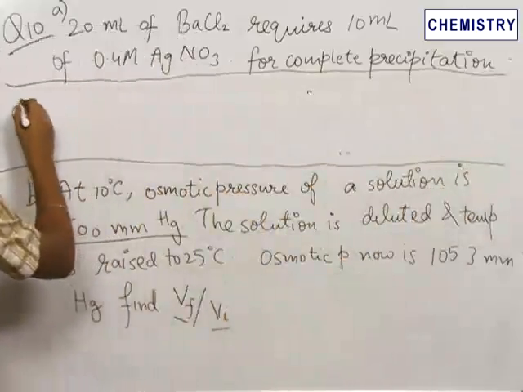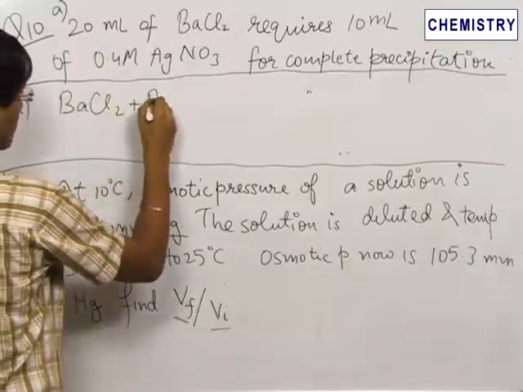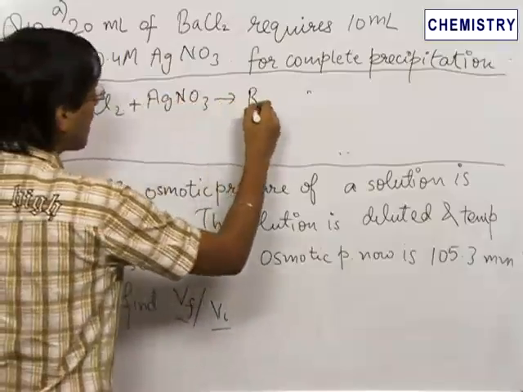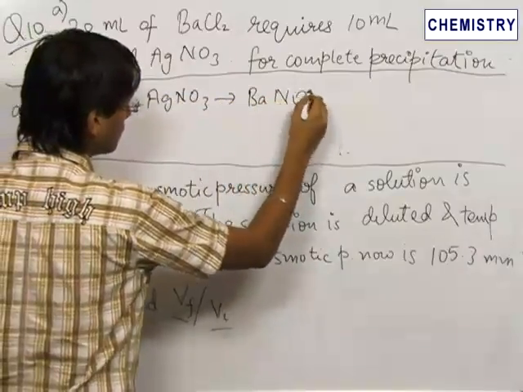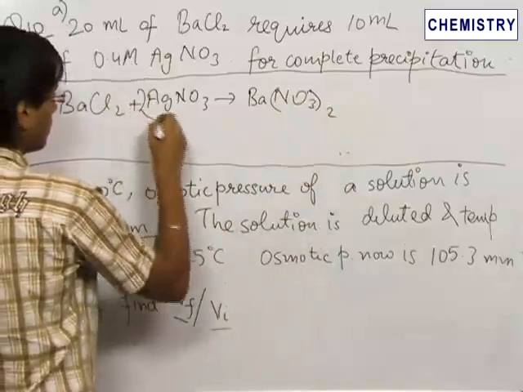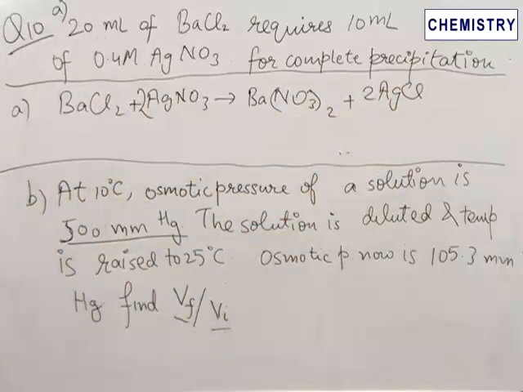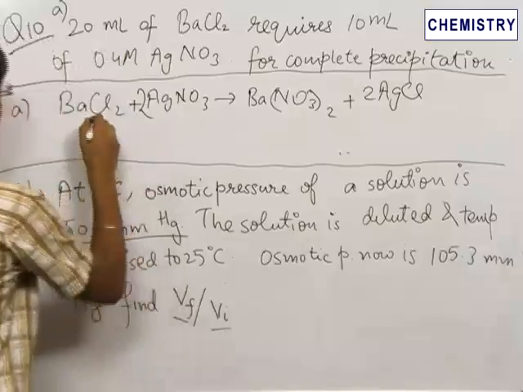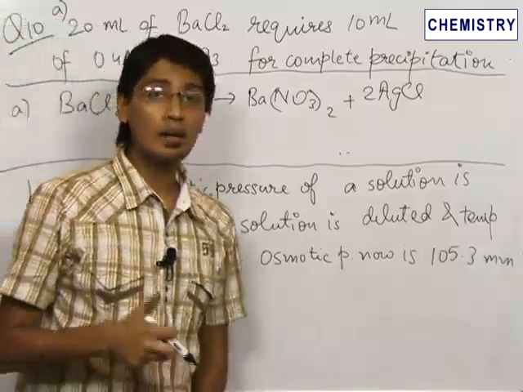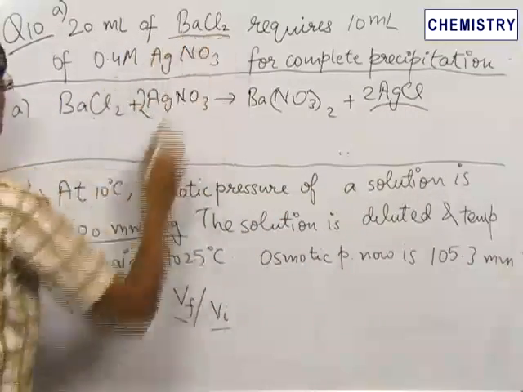for the first part, let us write the equation of precipitation of AgCl first. Barium chloride will react with AgNO3 to form barium nitrate and AgCl will precipitate. Here we can see that 1 mole of barium chloride requires 2 moles of AgNO3 for complete precipitation of AgCl. Hence, if molarity of barium chloride is M,